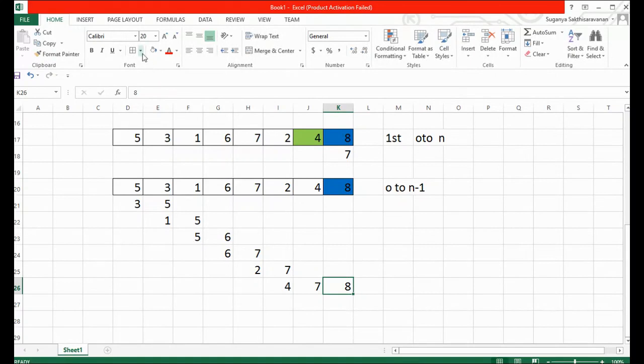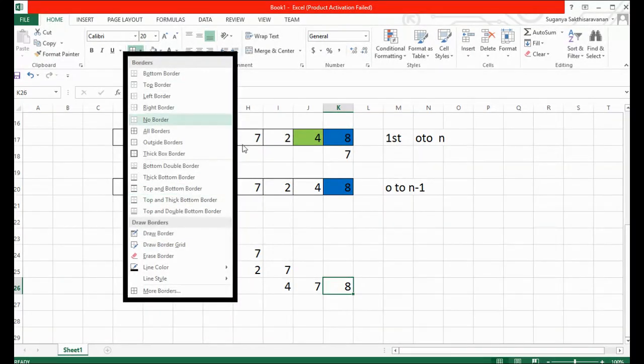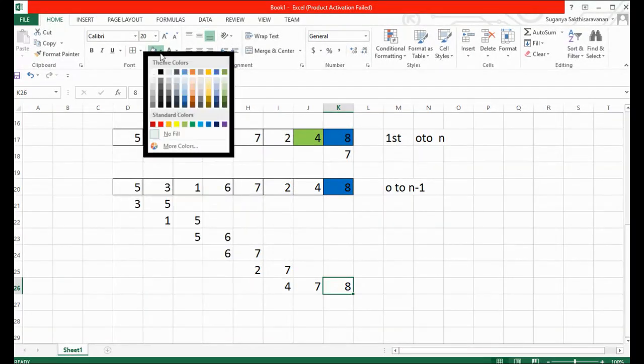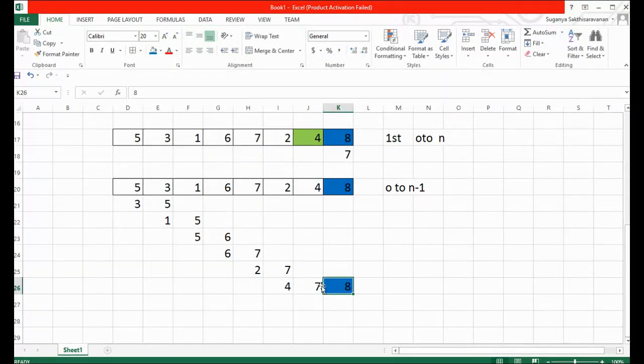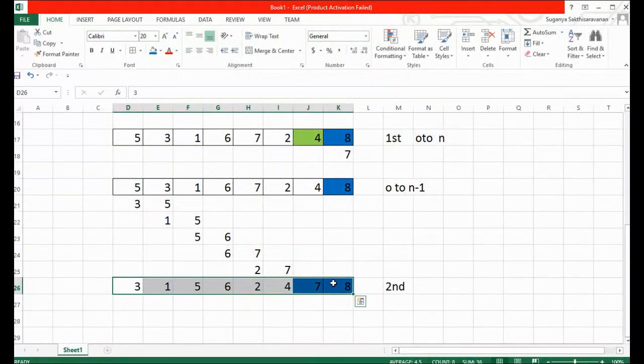Okay. Now you can notice that the next largest value at the end of this is the end result of your second iteration, where the next largest value in the list, 7, has been brought to the appropriate position. Now if you are arranging this array, you'll be getting 3, 1, 5, 6, 2, 7. This is the end result of your array at the end of the second iteration.